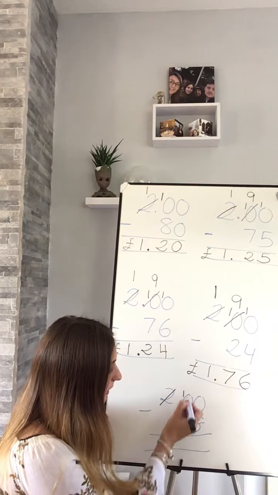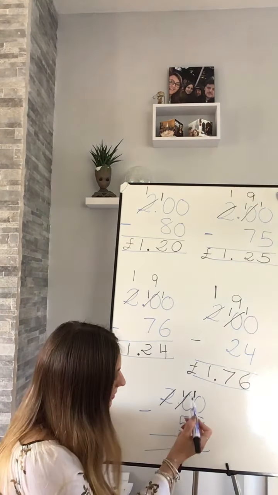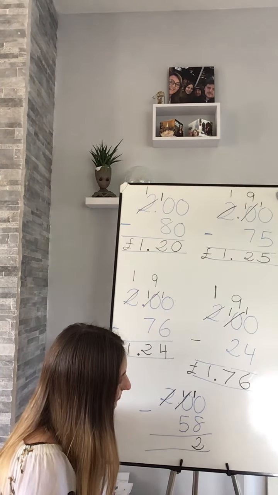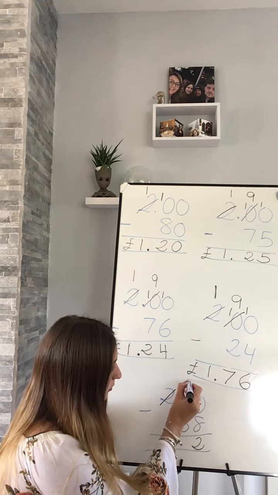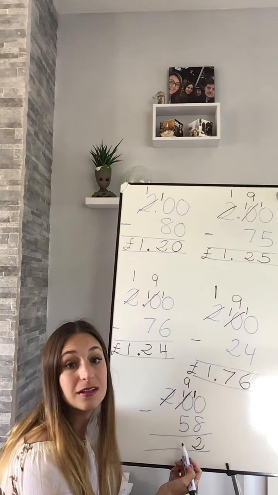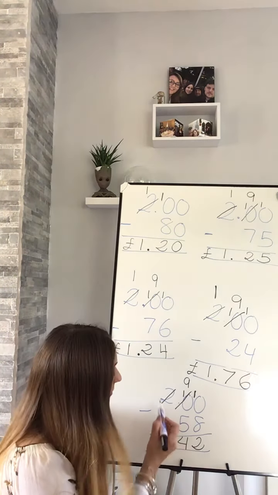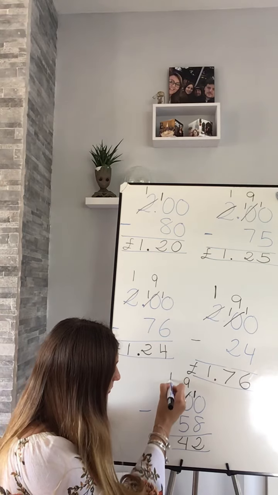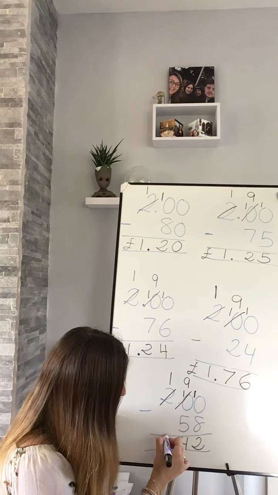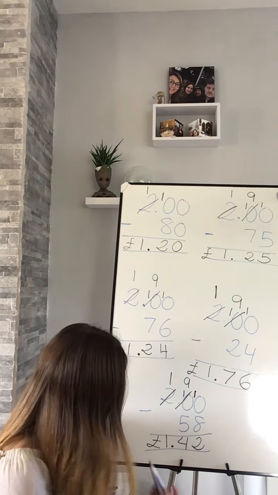And now that I have 10, I can borrow it and get it in my ones. 10 take away 8 is 2. 10, but I borrowed 1, so now it's 9. 9 take away 5 is 4, and 2, but I borrowed 1, so now it's 1. 1 take away nothing is 1. So your answer should be